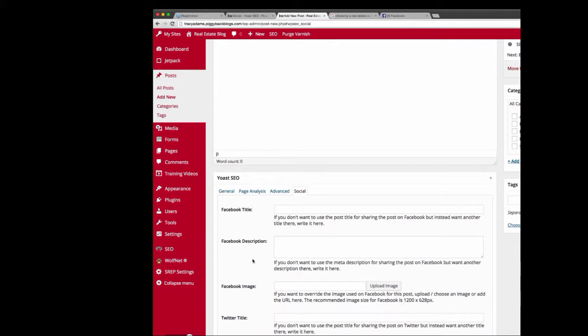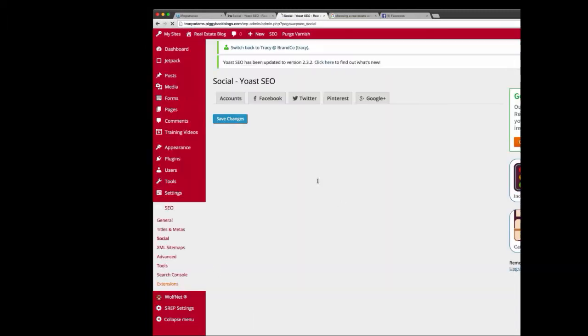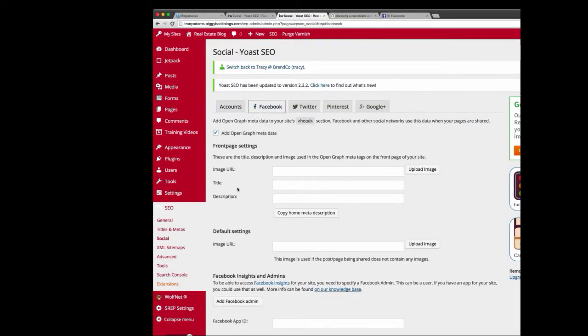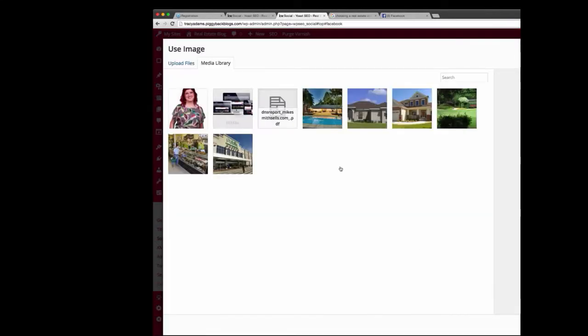Let's say that every time you share your blog post on Facebook, or your blog in general on Facebook, you want it to show the exact same image every single time because you have this really awesome Brandco logo that we've made for you, and you want to share it out every time you share out content on social media. You can do that as well inside of the SEO social area. So if we click on Facebook, there's an option here where you can do the default setting of your image URL. And you can click on upload image,